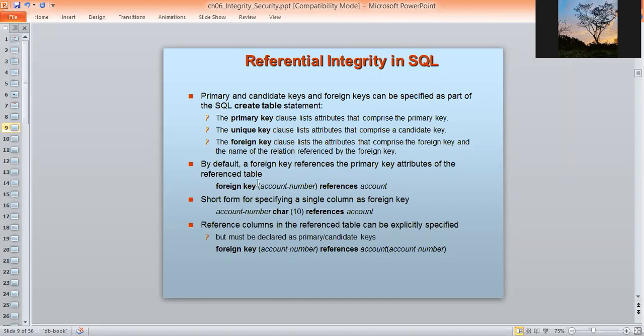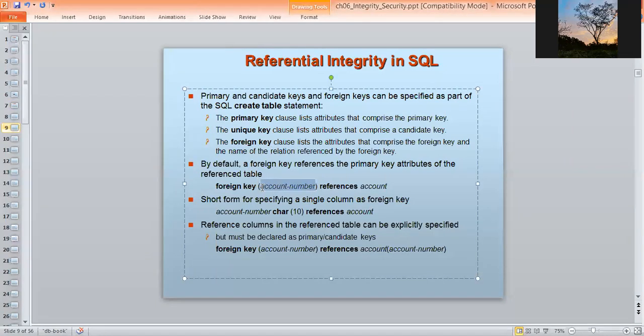So a foreign key is created as follows: foreign key account number, that means this account number is the foreign key. References account, that indicates that the account number attribute is the foreign key which is referring to the relation account. Now I'll be coming to a more concrete example of this.